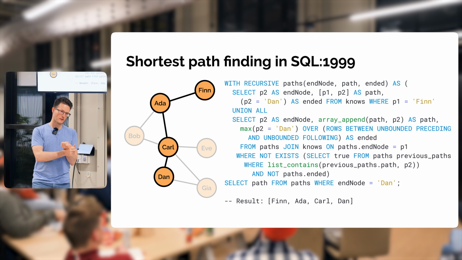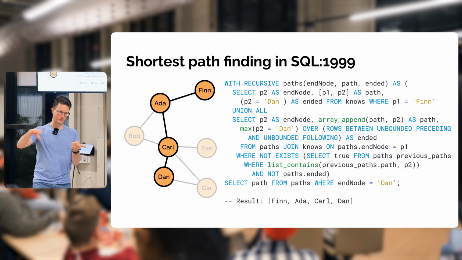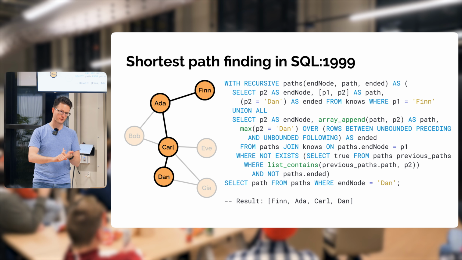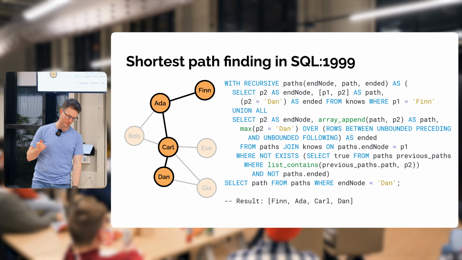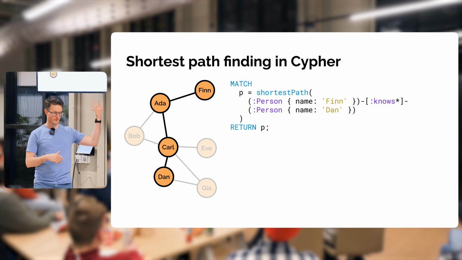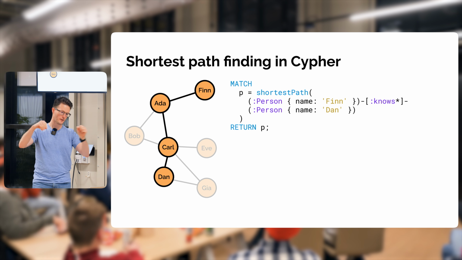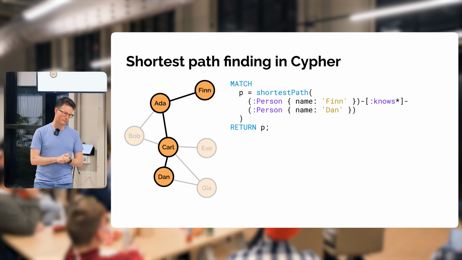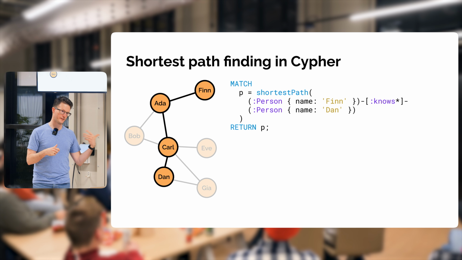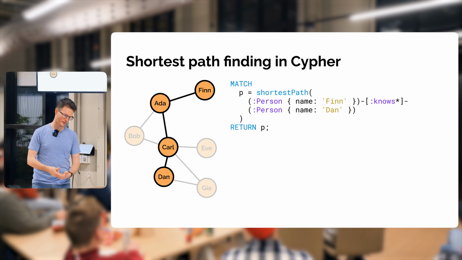It has nested data to keep track of the path. It has window functions to check whether the nodes have been visited. It has 2 parts of the union, and it's really not pretty, not efficient, not nice, and not great. In Cypher, however, this is really elegant. You just say, I want the shortest path from this node to that other node along the knows edges. I think this is as simple as it gets, and if you have a lot of these sort of queries, then graph databases make perfect sense.